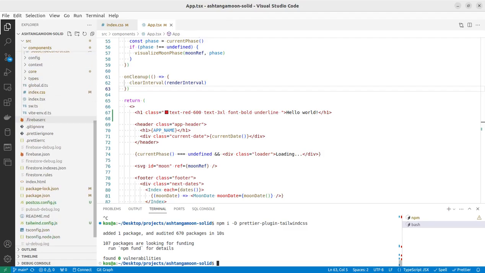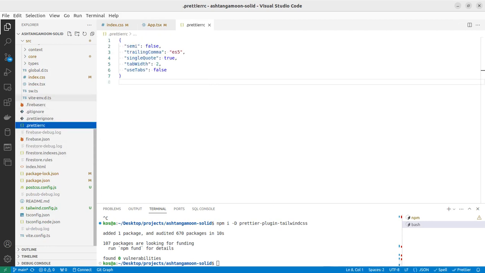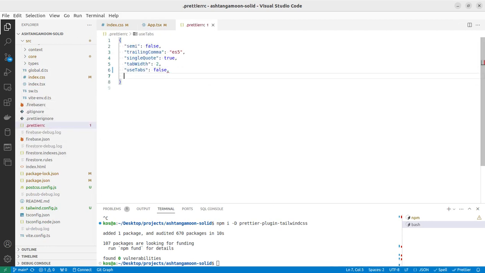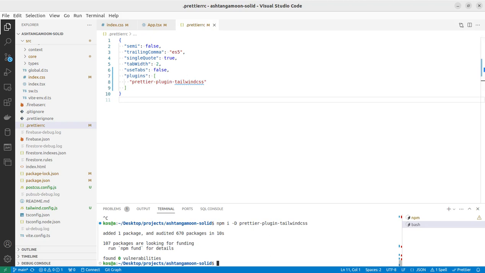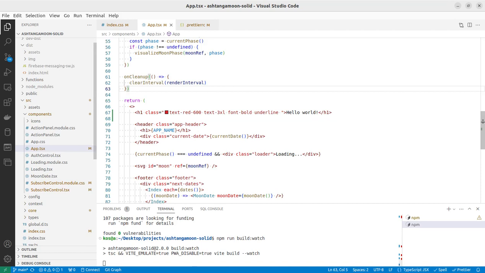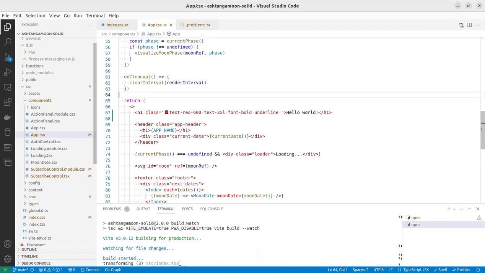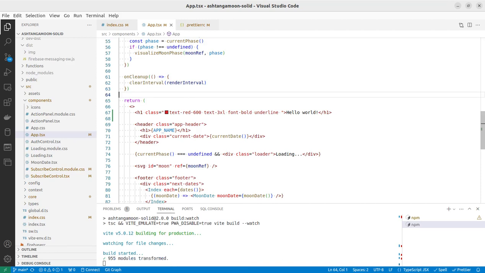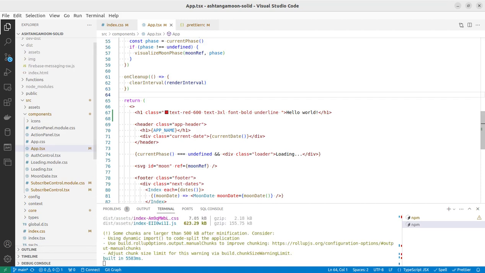We have the Prettier config here, and we can add a plugins section with the prettier-plugin-tailwindcss. I'm going to save the file and rebuild the project. I don't actually need to rebuild it because when I save the file, it will trigger Prettier and consequently trigger the Prettier plugin for Tailwind CSS. So if I save now,